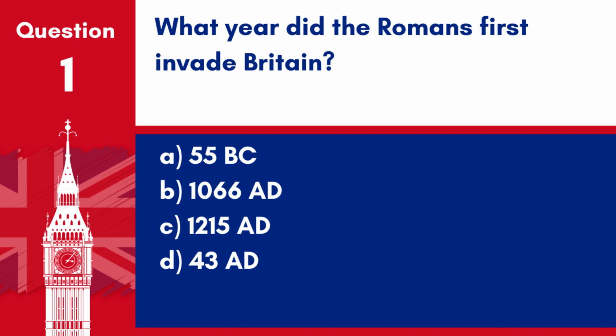Question 1. What year did the Romans first invade Britain? A. 55 BC, B. 1066 AD, C. 1215 AD, D. 43 AD. Answer A. 55 BC. Julius Caesar's first invasion of Britain was in 55 BC, marking the beginning of Roman influence